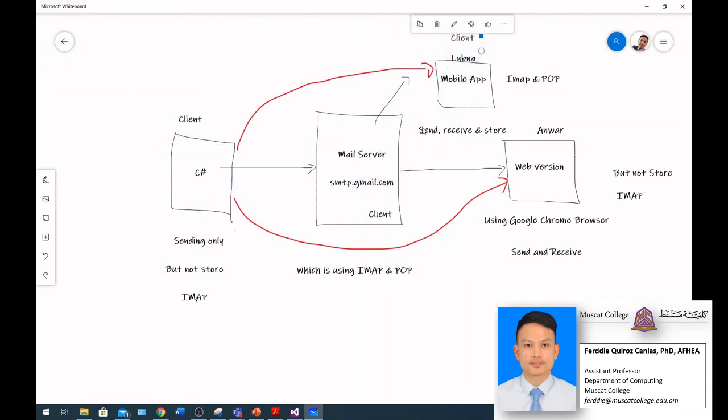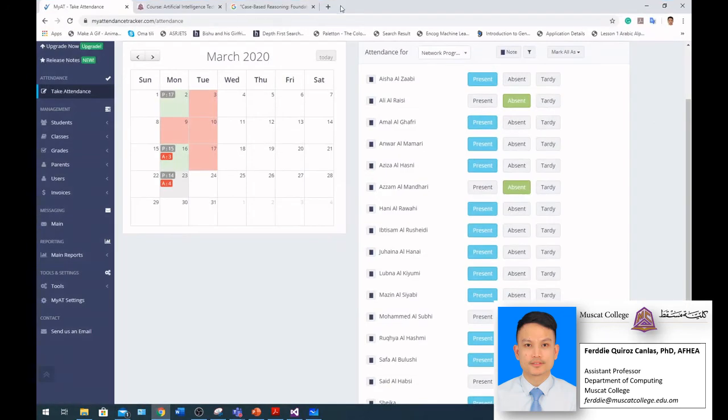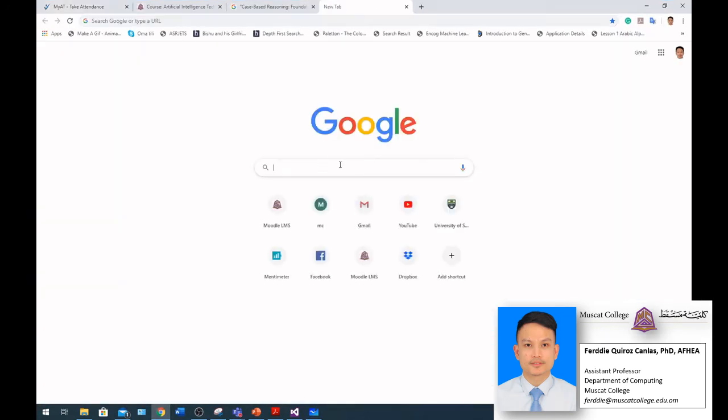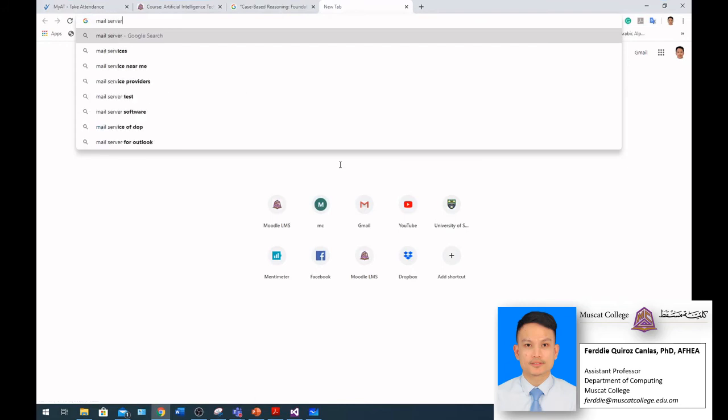This one also is a client, and also this one is a client. So we cannot send directly, so we need the help of the mail server here. Clear? So if you want to use Yahoo Mail or, let's say for example, Hotmail, you can Google them on the internet. Let's say for example, mail server